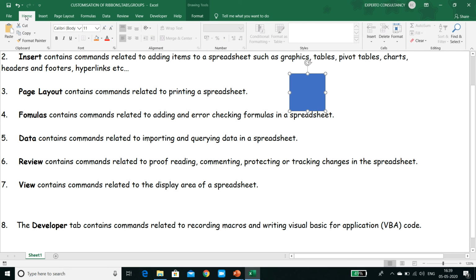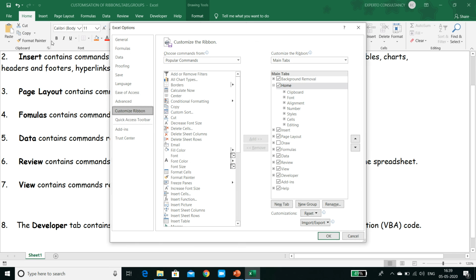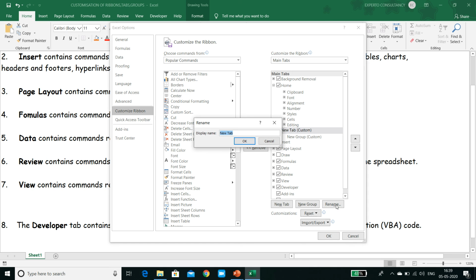Now let's add custom tabs and groups to the ribbon and even a command to a new group. Go to customize the ribbon. Let's create a new tab. So you have to click over here, new tab, rename it. You have to select it first and say rename.